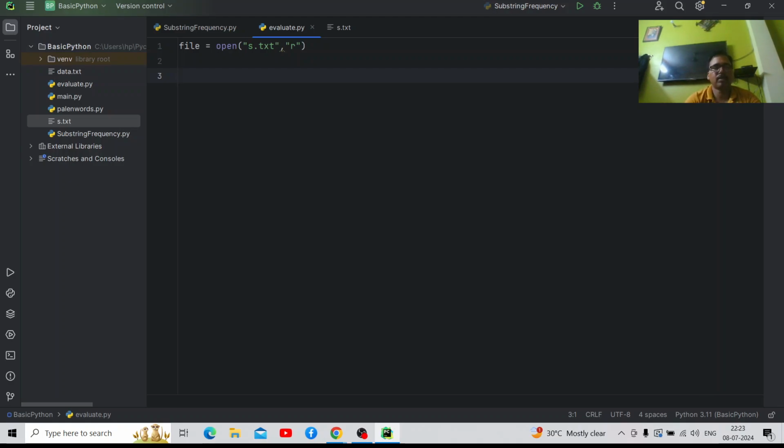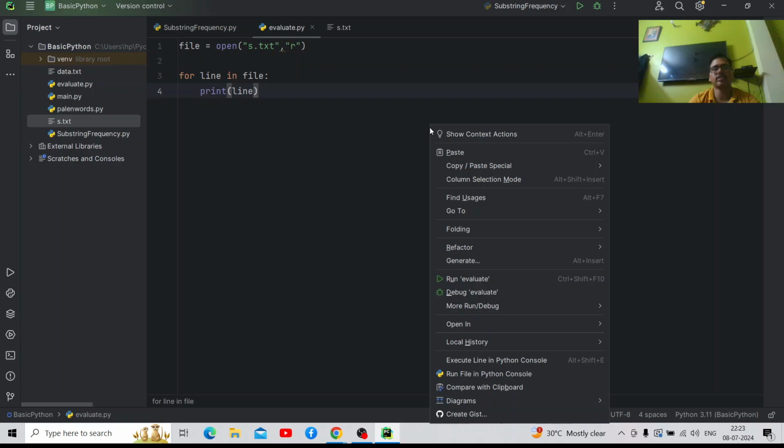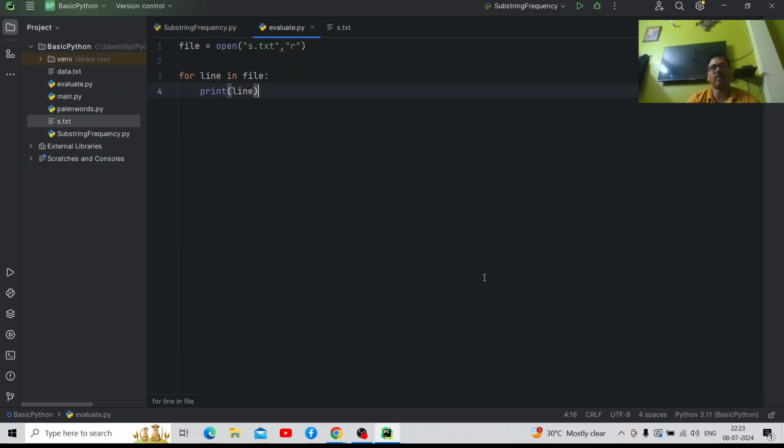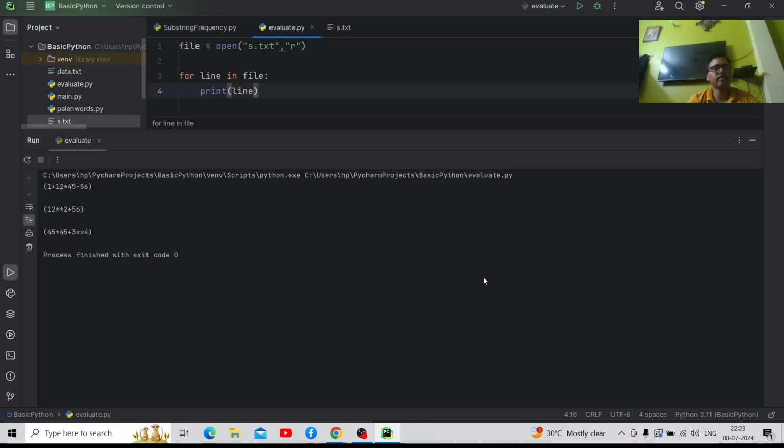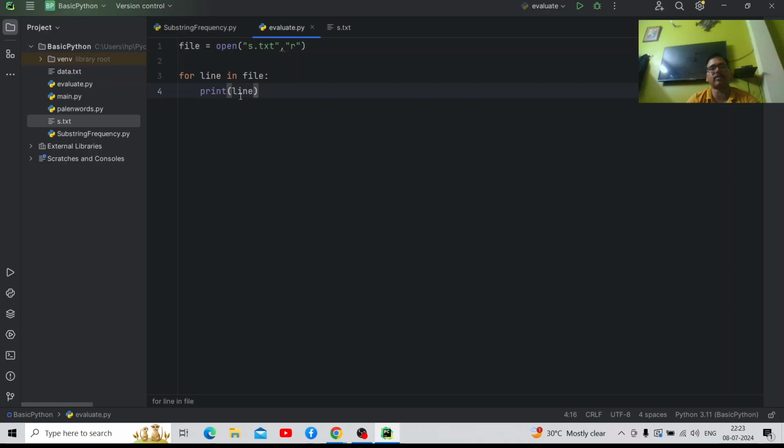So first of all, for line in file, and here it is line. If we print this, you will be getting one line at a time, but along with this you have that slash n at the end.